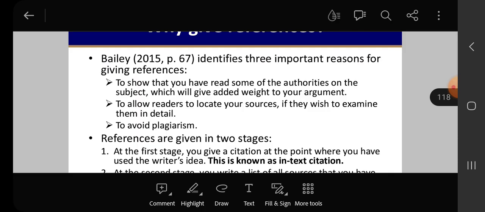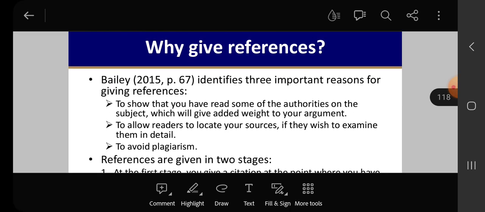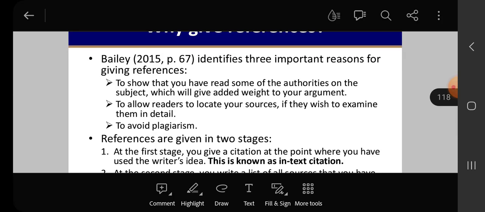So the reasons why we normally give references, according to Bailey, 2015, he said that these are the reasons he stated. He identified three important reasons for giving references. One, to show that you have read some of the authorities on the subject, which will give added weight to